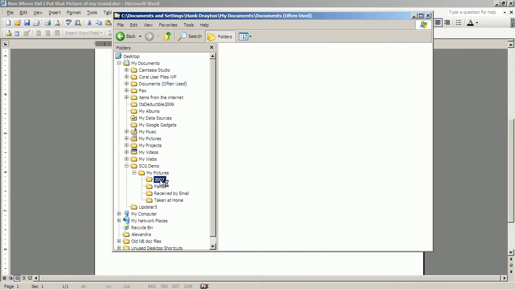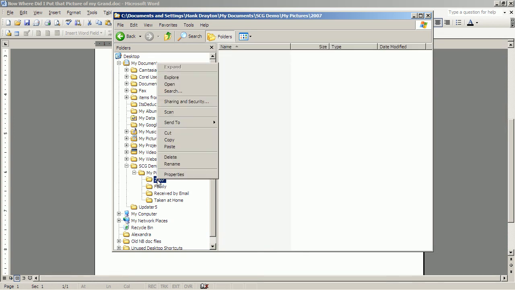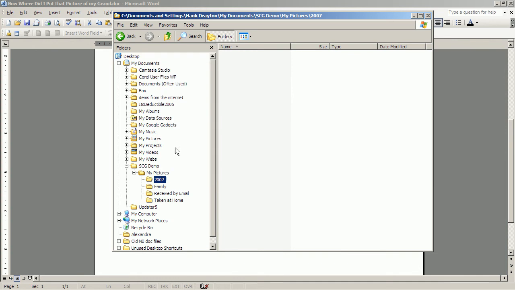Well, maybe we decide we want it here, in which case we right-click on the place we want it and click Paste. And maybe we also decide, since it's family, that we left-click on that,